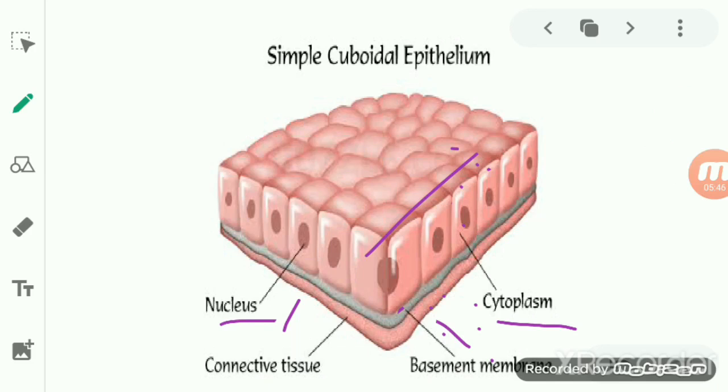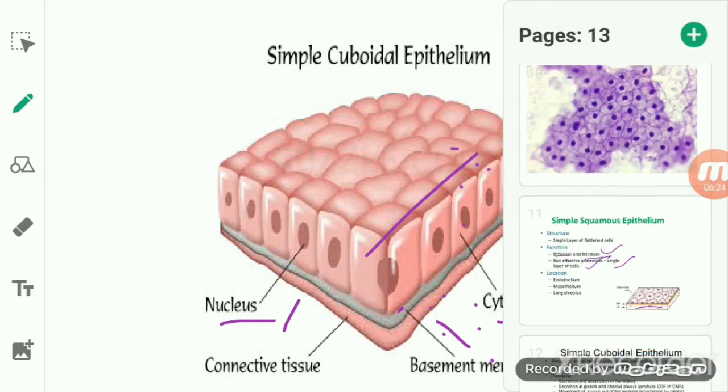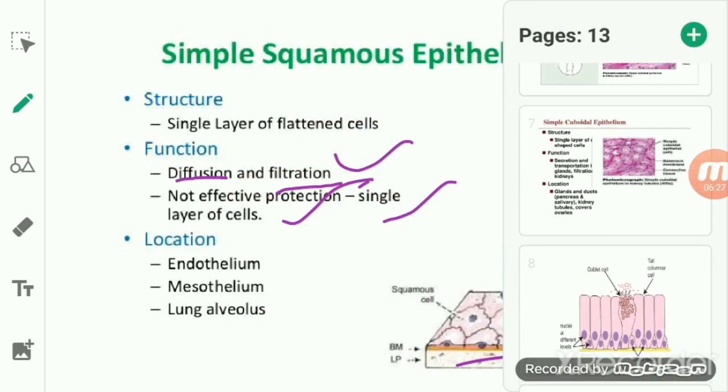On that basis, if we see the location of the ciliated epithelium, we find that it is present in the nephron tubules, as well as in the respiratory tracts. Again I am repeating, students, we are talking about the simple cuboidal epithelium with hair-like strands. If cilia occur on the free surface, then we call it a ciliated cuboidal epithelium. Cilia help in movement, so they help in transporting and in the conduction of certain things. On that basis, the ciliated epithelium is basically present in the nephron tubules and the respiratory tract.